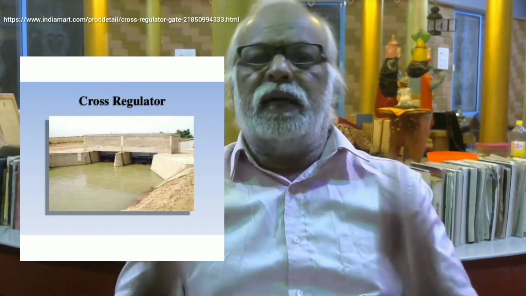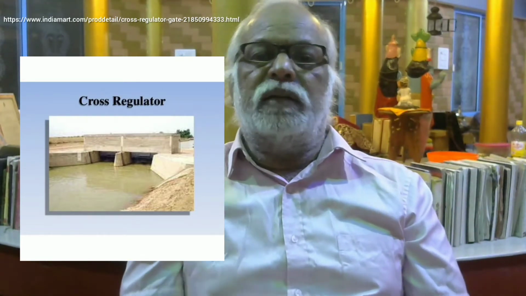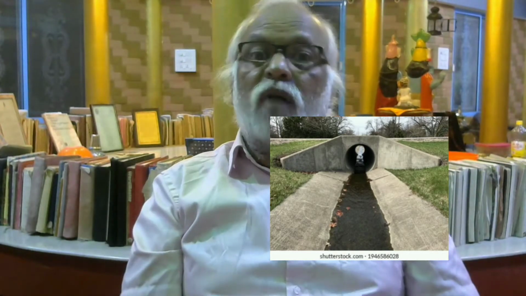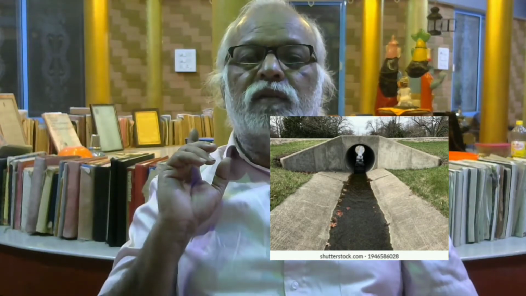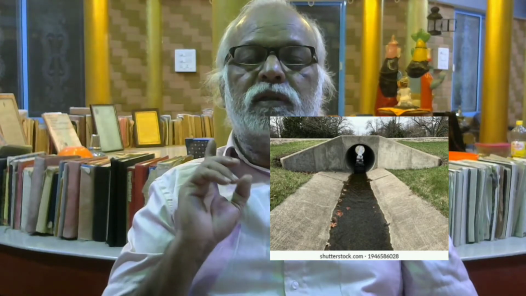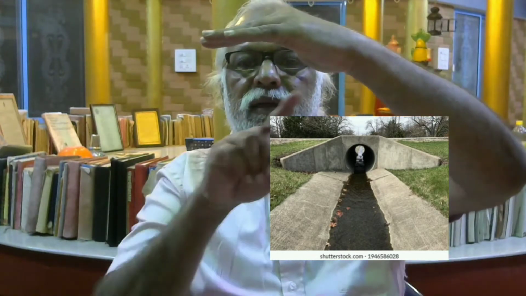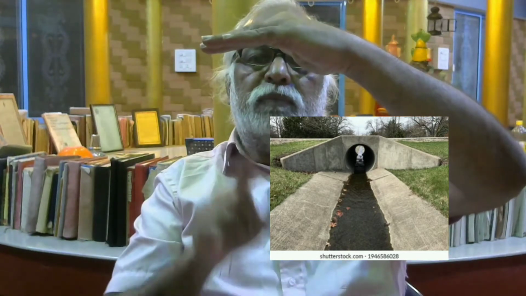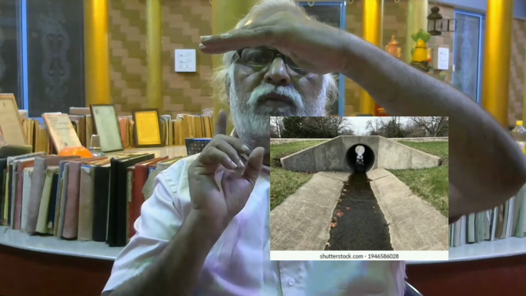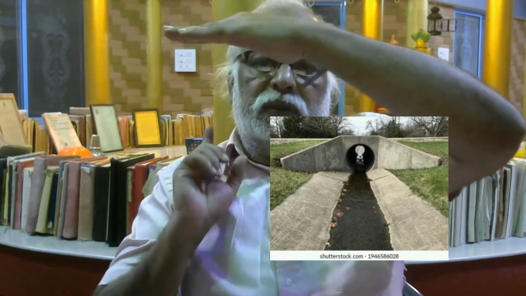Usually for small canals, that support part is called a culvert. A culvert is a small supporting system with an opening, just like a box. One type of supporting system is called a box culvert. That will facilitate opening of water for the canal to cross the road which is above the canal. So you have the canal, you have the culvert, and perpendicular to my view is the flow of canal. This is the road, and the canal flows like this through the culvert.